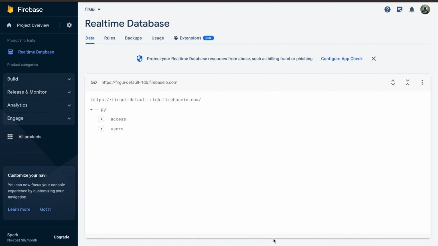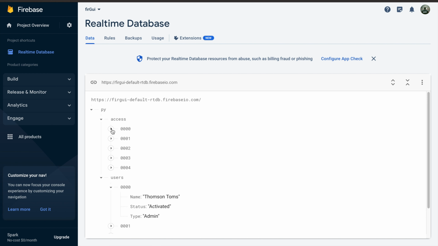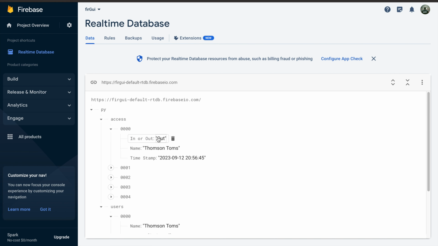Before we start the program, I just wanted to go over the database that I have in Firebase to quickly familiarize ourselves with how it is structured. So as we can see, I have the users in two separate tables. In the users table, we get the basic information, such as their name, their status, and the type of user they are. In the access table, we see if they're swiped in or swiped out and the timestamp of their